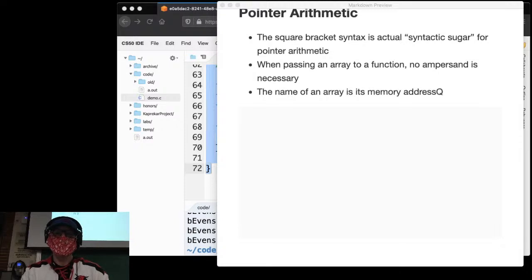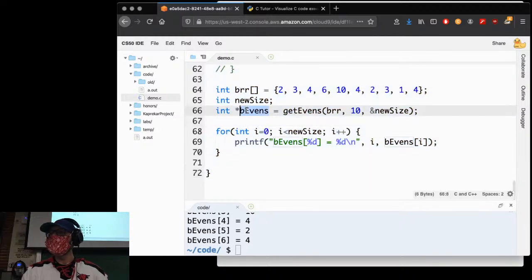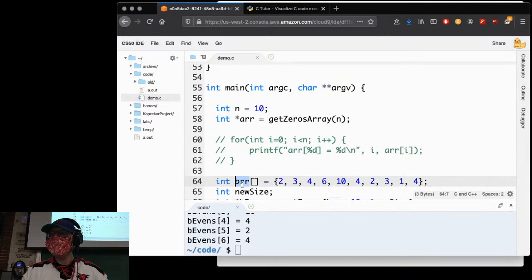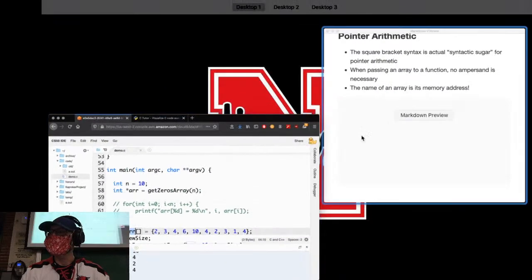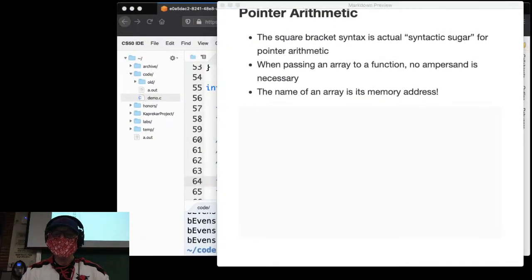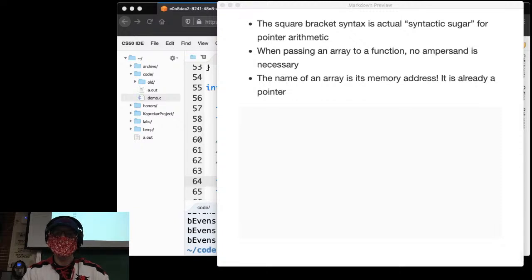So if I take b evens, well, obviously that's a memory address. But arr right here, even though I've created this statically, arr is a memory address. It's already a pointer. So the name of an array is already a memory address, already a pointer, so no need to change it into a pointer. By default,